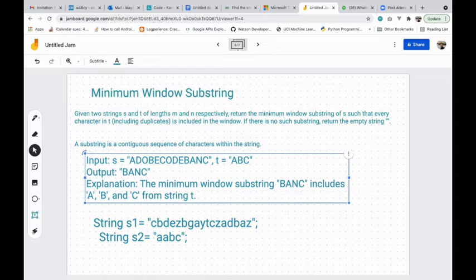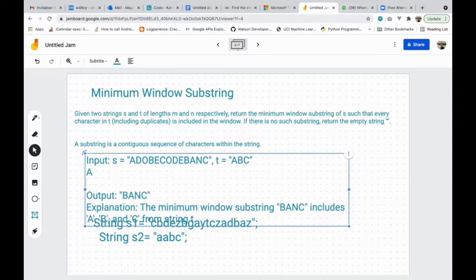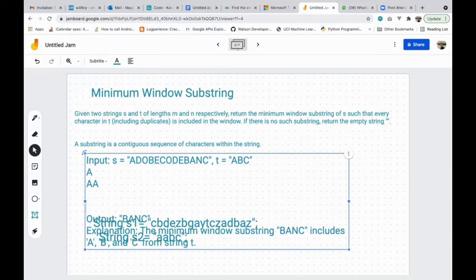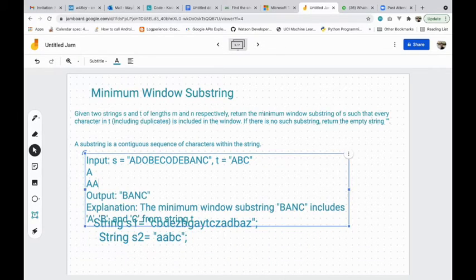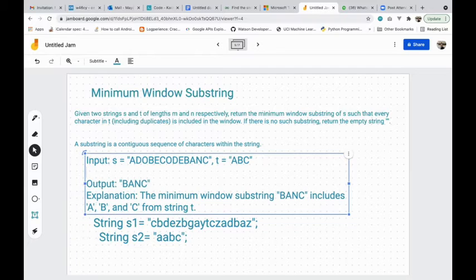If nothing is found, like say my starting string is A and my second string is AA, it should return an empty string, because we have to find all the characters which are in string 2 in string 1. And if there are duplicates, we have to make sure we get all the duplicates also. The count should be the same in the substring of string 1.